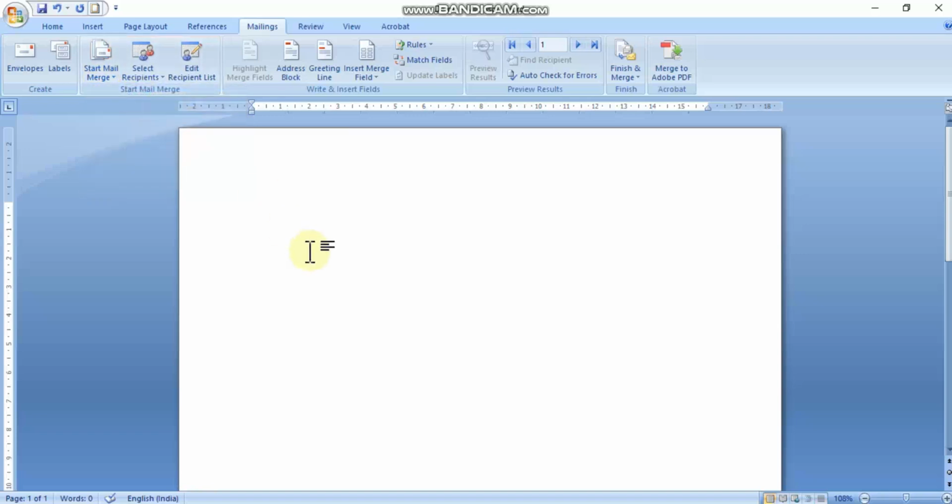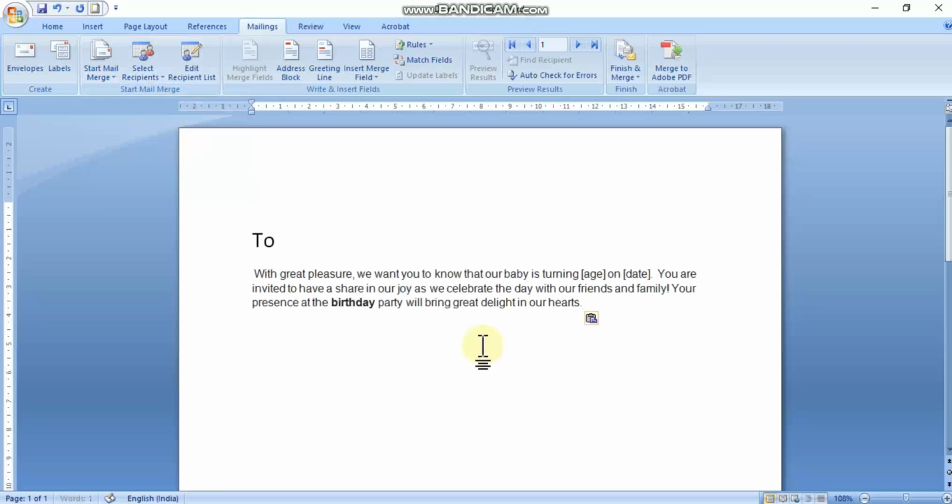So I am going to write this letter to my friend, right? I am not going to write the address now. I am just writing the main document that is common for all friends, right? So I have invited my friends through this text. And in the end I will write, your friend, that is me. Right, so this becomes my main document.